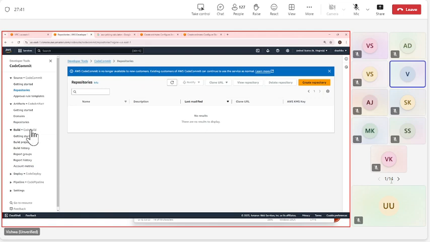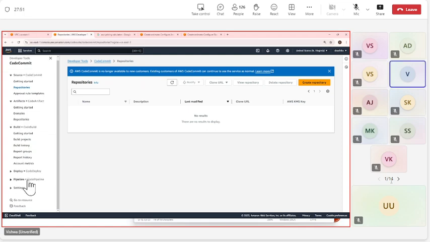That location is basically the code artifact, right? And then we have the pipeline, and then the deploy.